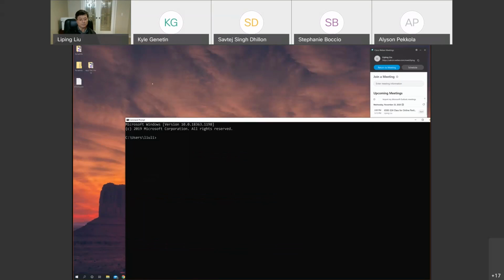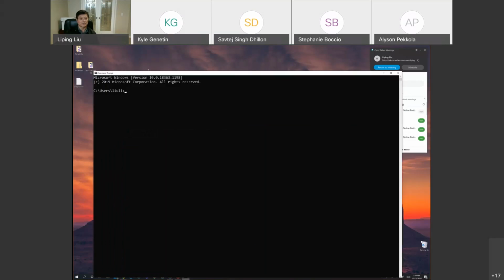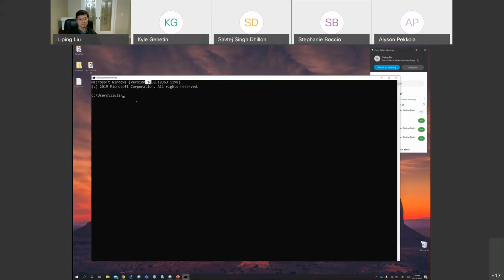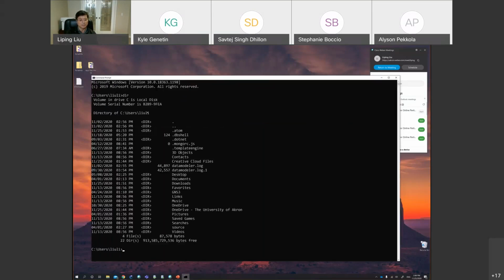That's better. So basically, this is just like Windows in the old days, before 1994, there was something called the DOS system. This is the DOS system. And in the DOS system, you can, for example, list all the files under this directory, or you can just change to another directory, say C, something, slash or backslash, okay? And then go to another folder by changing directory, okay? So what I need to do is just simply type mongo,